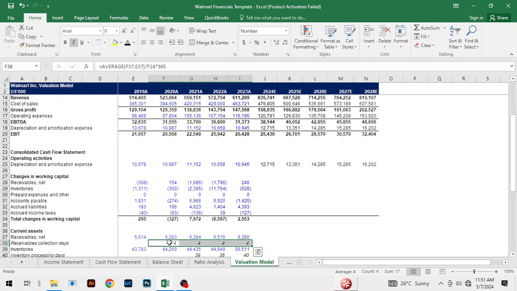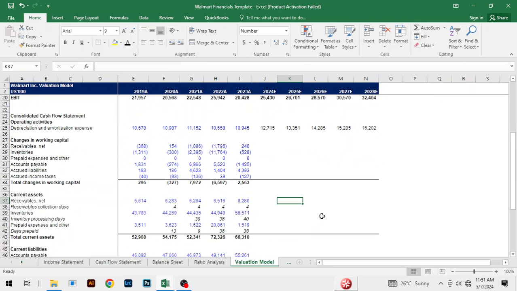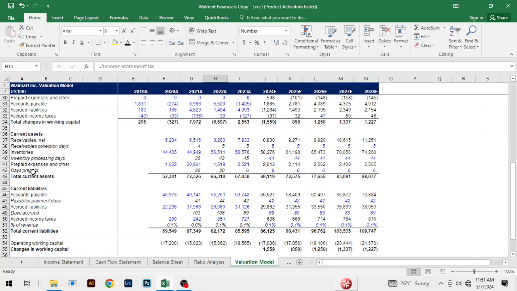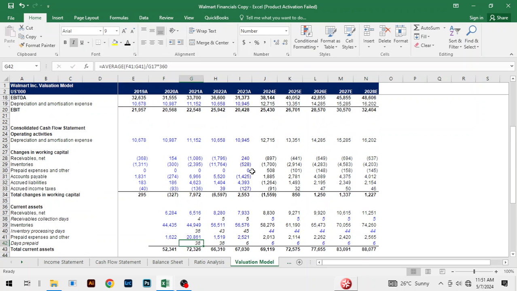We still get that. I'm not sure why, but let's just proceed with what we are doing at the moment, because here prepaid expenses, we've taken the average of these two and multiplied, divided by expenses